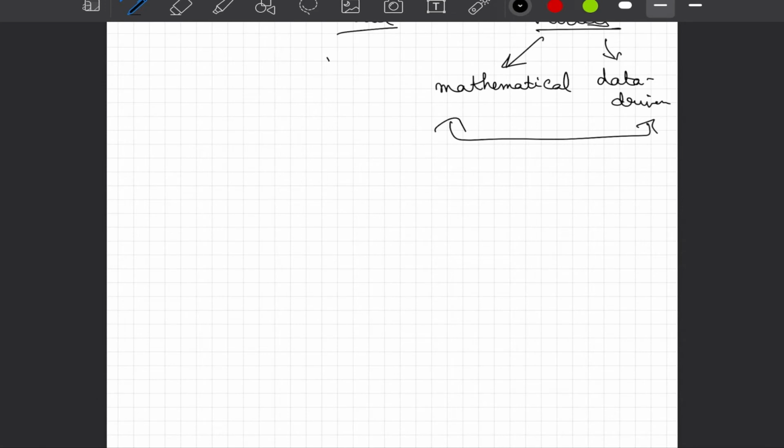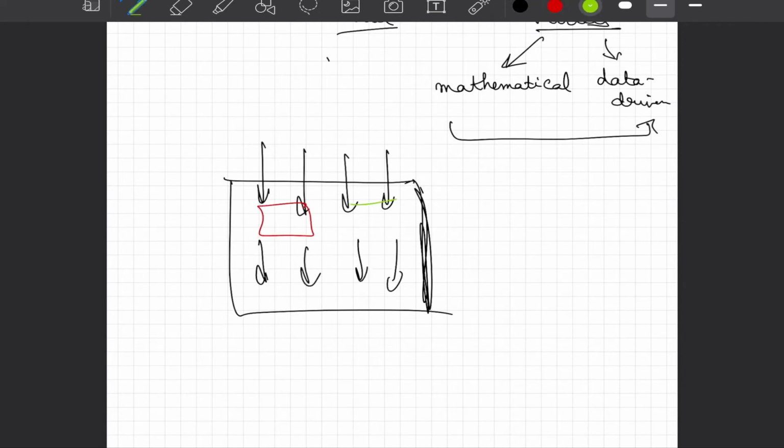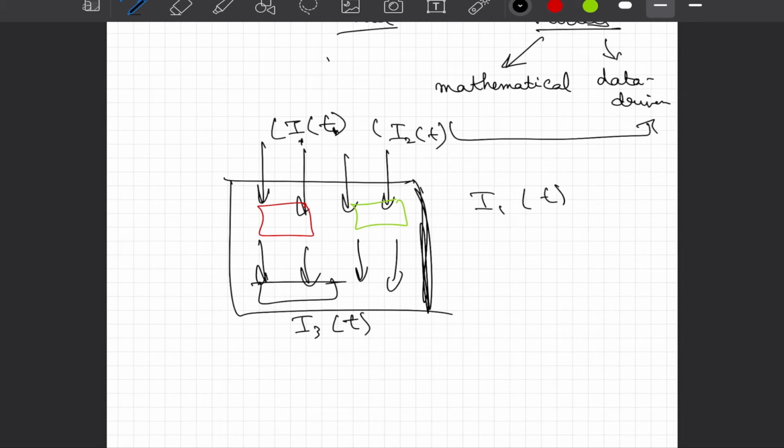Now we can also have a different level of complexity associated with these models. For example, again consider IIT Gandhinagar as our area of study. You can say that within IIT Gandhinagar, we would have precipitation of different intensities happening in different parts. For example, if we have student hostels here, our academic block here, our faculty housing here, there is a high likelihood that these three areas may receive at the same time different intensities of precipitation. So I1T, I2T and I3T, such that the intensities of precipitation are not equal in many cases.